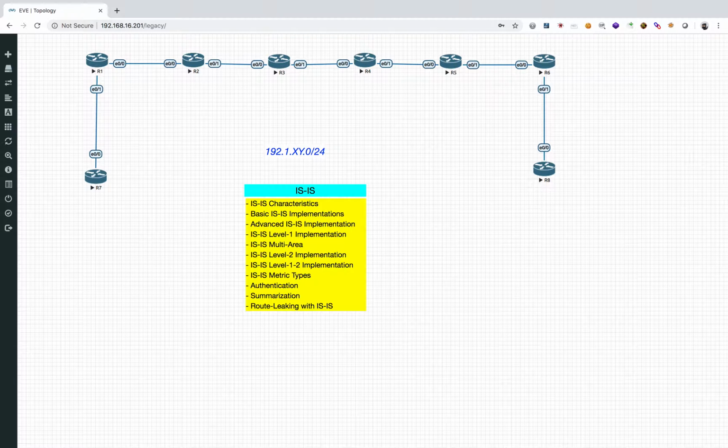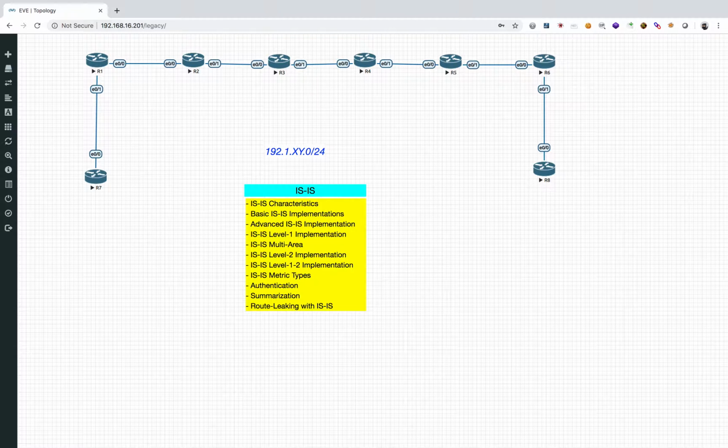So ISIS was actually developed to support both the protocols. The ISO used slightly different terminology. For router, they call it an intermediate system, and that is how the ISIS name was born. So ISIS here basically stands for intermediate system to intermediate system. So it's like trying to connect intermediate systems. So ISIS was originally developed mainly for CLNS, not IP, and that's why